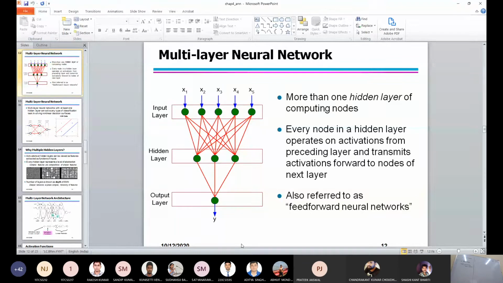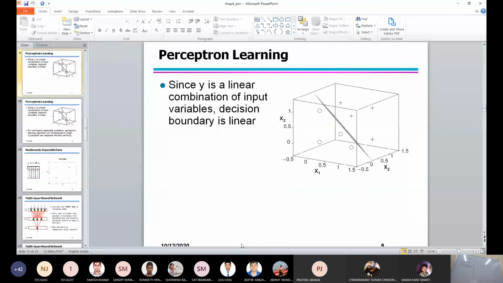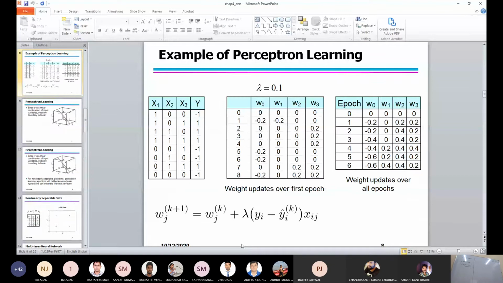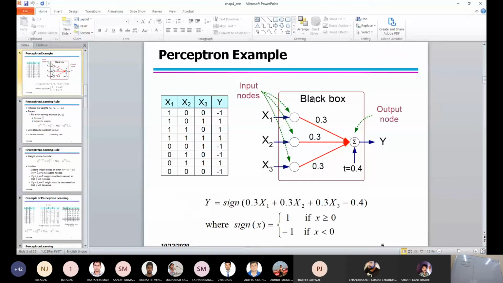So in the earlier example, if you carefully see, this is the diagram here. First is the input, and then we have one perceptron here. Now instead of having one perceptron, we will add more perceptrons. It is not only that, we will add more layers. So this is called the input layer, this is the final output, and this is the output layer. We treat this as a black box. So these are the inputs x1, x2, x3, and then this is the output.